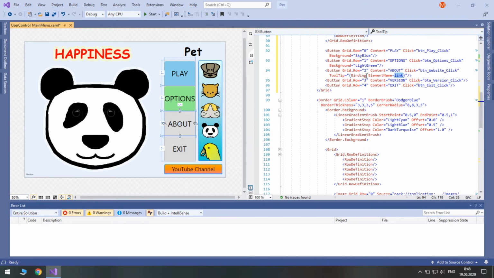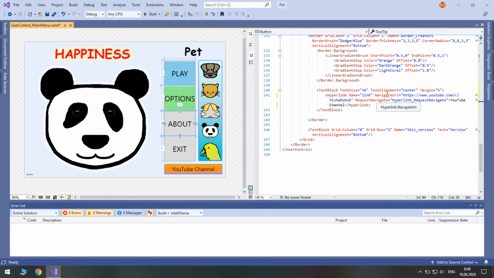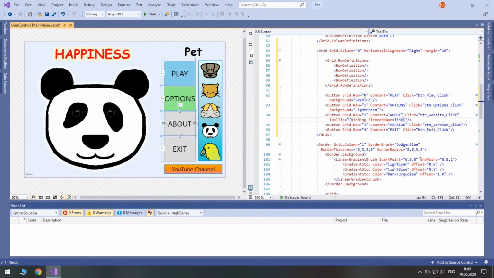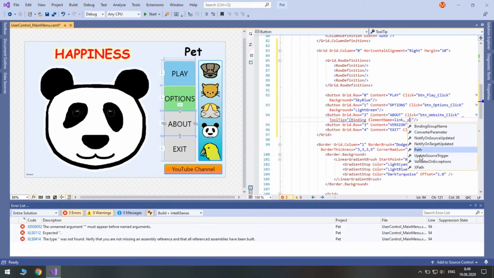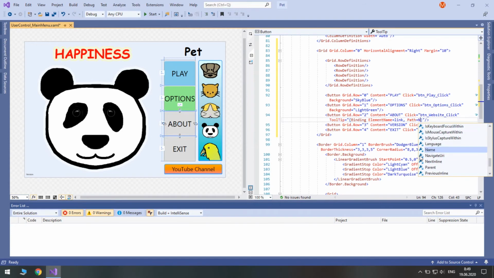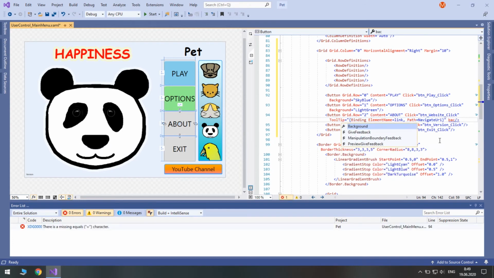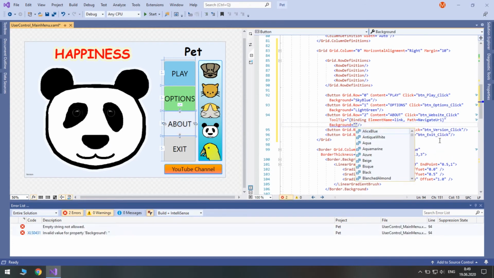And now that we are inside this element, we need to bind to its navigate URI property. So when we hover over this button, we will see a tooltip showing the navigate URI from this text block. So in order to do this, we need to set the path to navigate URI. We are finished with binding, and also we need to set the background to say hash FFE868. Okay.